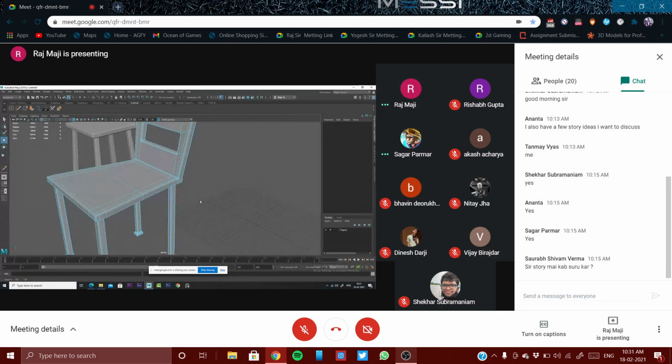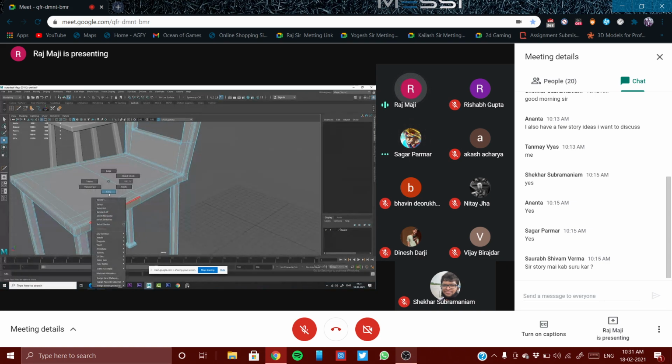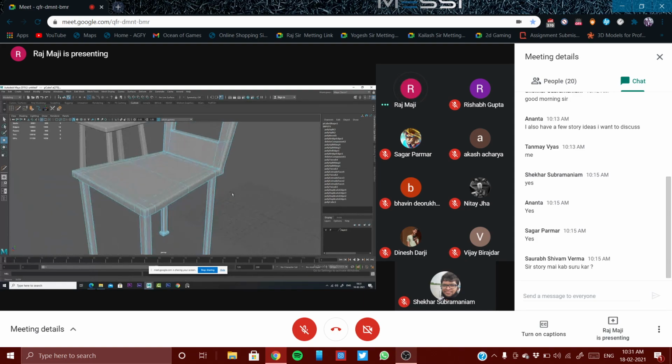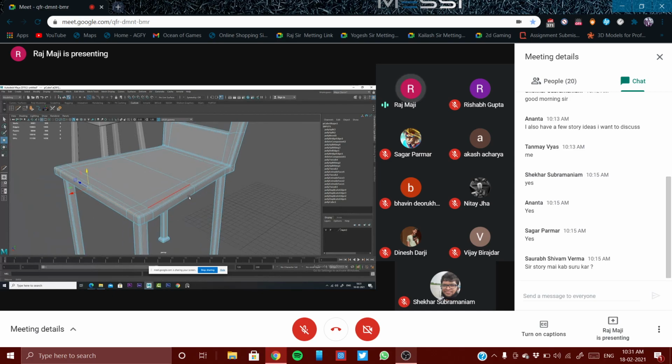What I am liking in this case is that all these edges are continuous. So if I double click on it, the entire edge is selected. So this is a good way of working. You should get some continuous edges like that.